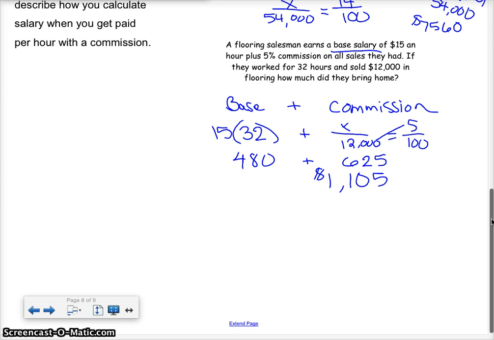Did I do something wrong here? Yeah. What did I do? It was 12,500. It's just 12,000. Oh, that's what I did. Okay. My commission's off because I typed it in wrong. So 12,000 times 5 divided by 100 is 600. There, that's some